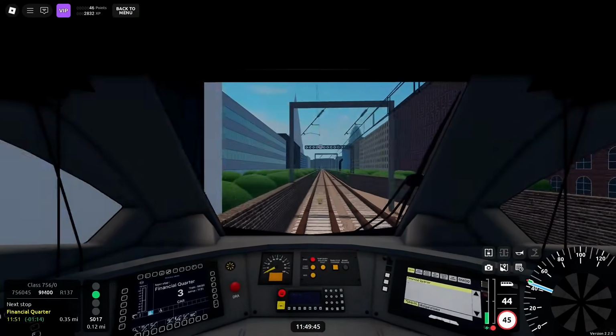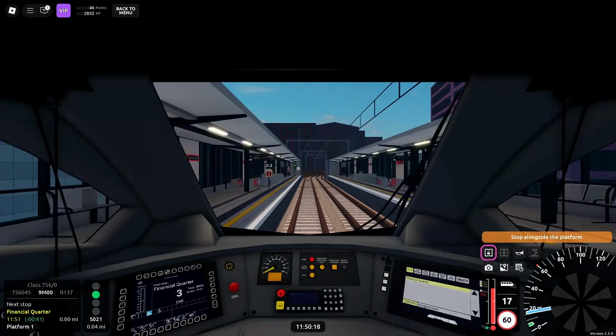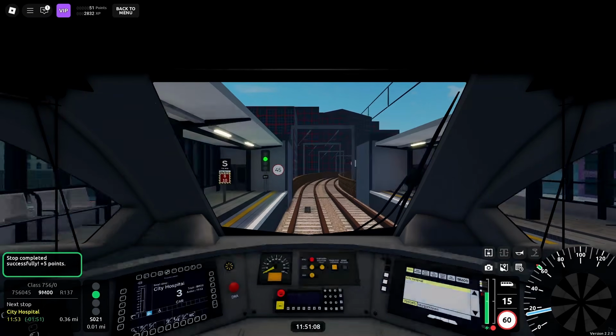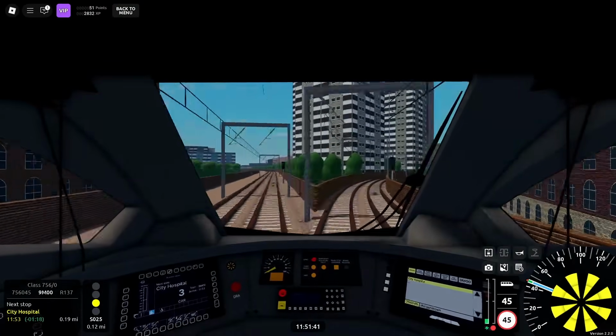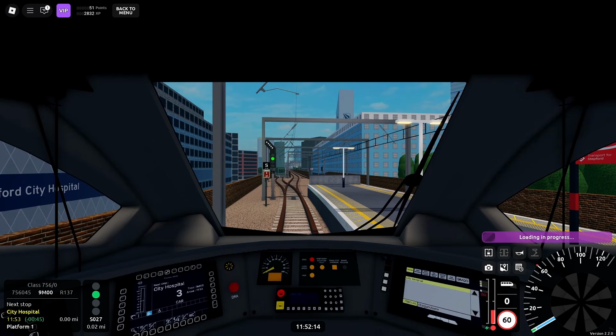For Connect, the huge map means that there are so many places to visit. This includes seaside sections towards Lynn by the sea, as well as huge bridges at Benton Bridge, and also city scenes in Stepford Central. It is also nice to be able to stop every so often and take in the view. Next is Metro, which I find to not be the most fun to drive, as you are in tunnels